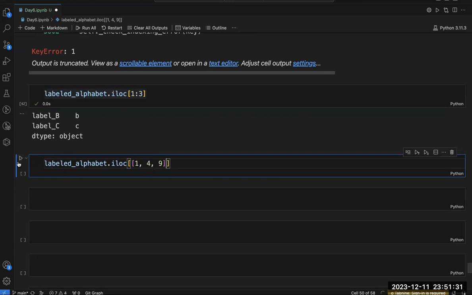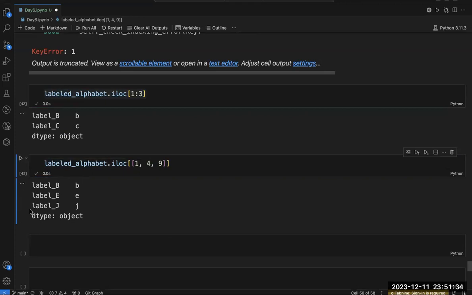This is a list of positions, and if you run it, it will give you the series values at all those positions. First, this is 4th, and this is my 9th. So this is how the dot iloc operator works. And in this case, this is not a slice, but a collection of items selected.